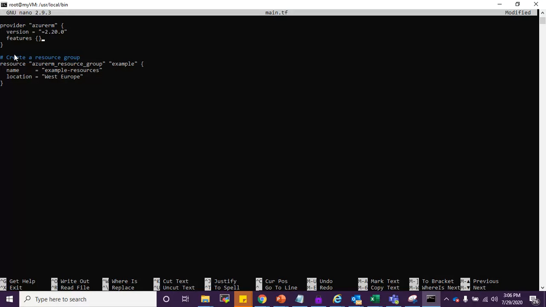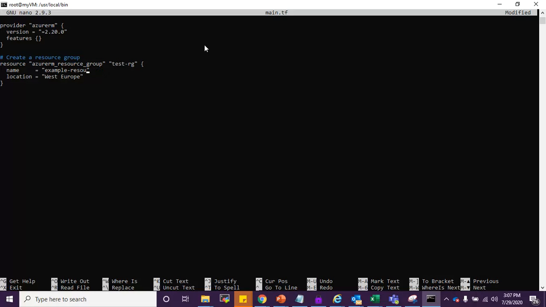So I've created the main.tf file where I have given my provider location, provider block first, and then the next block which will create a resource group. I will quickly change some details. Just RG.